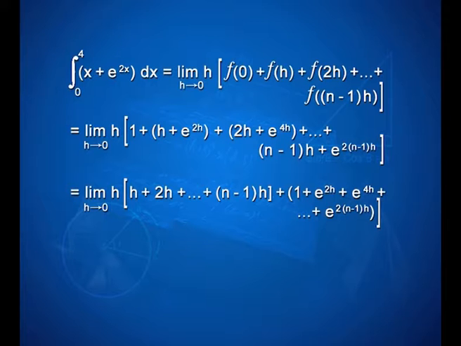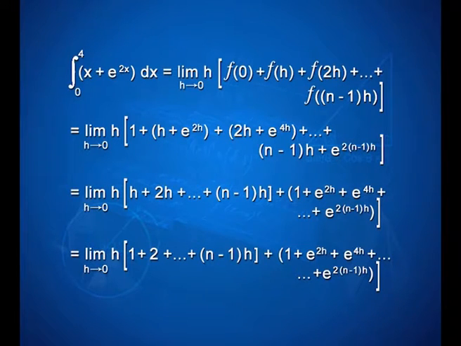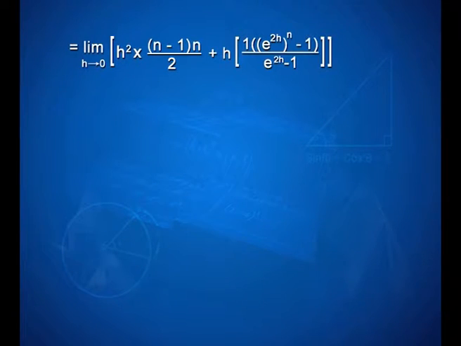This on simplification gives limit h tends to 0 h into 1 plus 2 plus so on plus n minus 1 into h plus 1 plus e to the power 2h plus e to the power 4h plus so on plus e to the power n minus 1 into h, which can be simplified with the help of geometric progression. Limit h tends to 0 h square into n minus 1 into n upon 2 plus h into